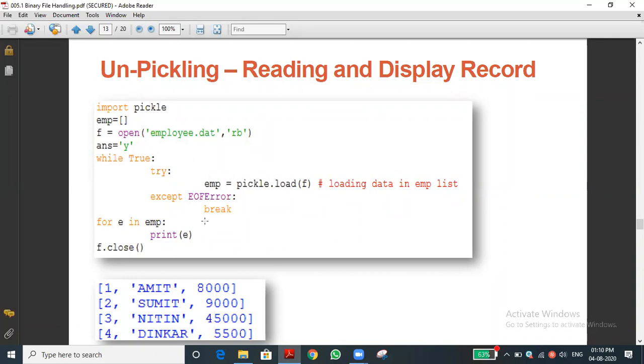Have you understood what I'm saying? Sir, yes. If I give some wrong kind of error in except, what will happen, sir? I didn't understand. For example, I'm giving index error. For example, except index error: it is based on the code only that we have to mention. Same code, but instead of EOF error I give index error, what will happen?